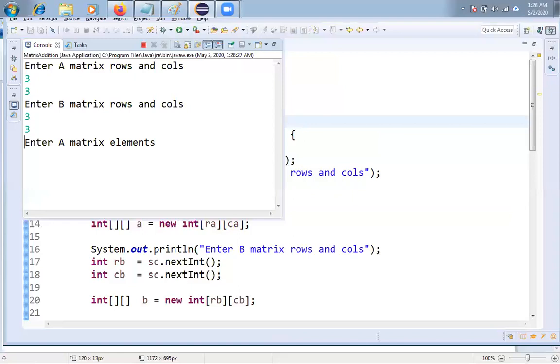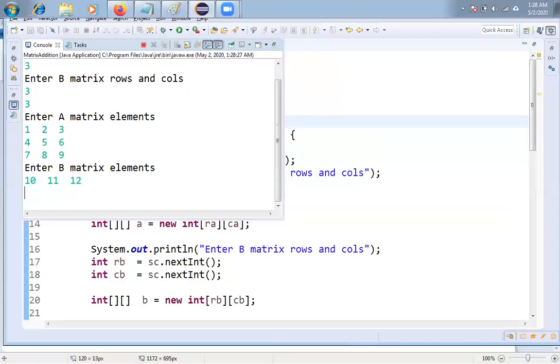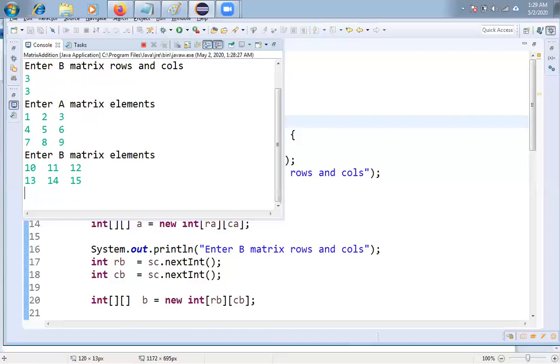Now I am accepting values of A. What are the values, friends? Say 1 here, 2 here, and 3, and 4, 5 and 6. Not only these elements, friends, you can take any number of elements. 7 I am taking, and 8 also, friends, and here 9. So what about the B matrix, friends? Say 10, 11 and 12, friends. Here 13 and say 14, say 15 and 16, say 17 and 18, friends.